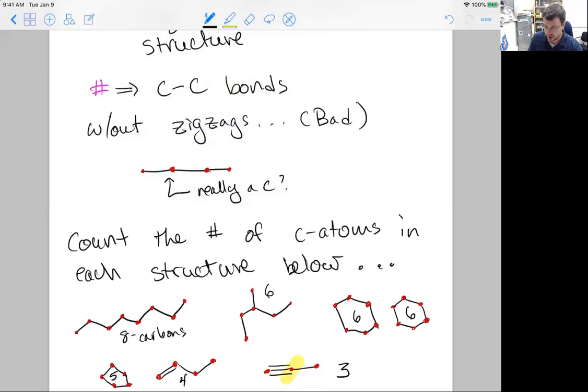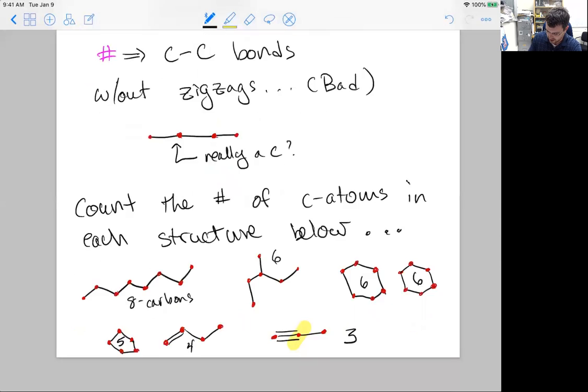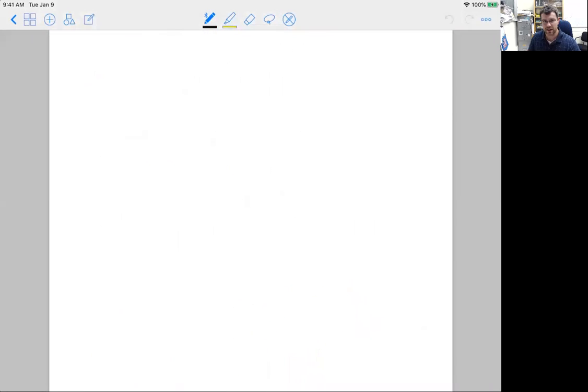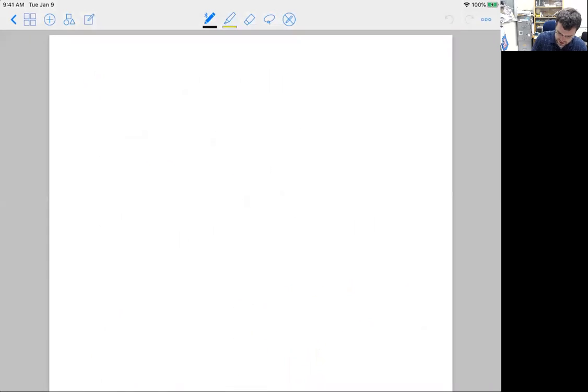Okay, so those are some examples. There's some more worksheets on this. We'll all get a lot more comfortable with this in time. Now, what I want to do is move on to another aspect of bond line structures, and that is the implicit